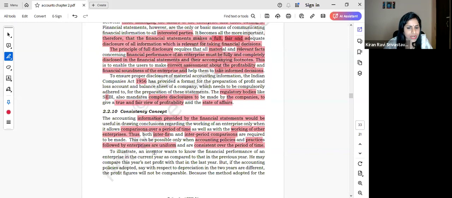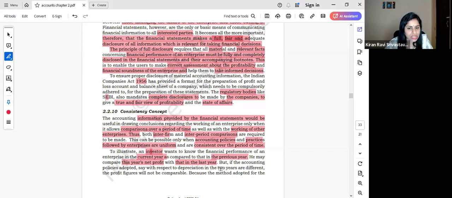To illustrate, if an investor, meaning the one who buys the share of a company, wants to know the financial performance of the enterprise in the current year as compared to the previous year, he may compare this year's net profit with that in the last year. But if the accounting policy adopted, say with depreciation, in the two years is different, like straight line method or written down value method,